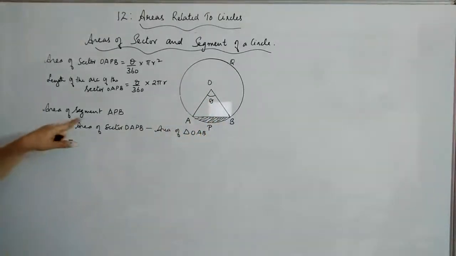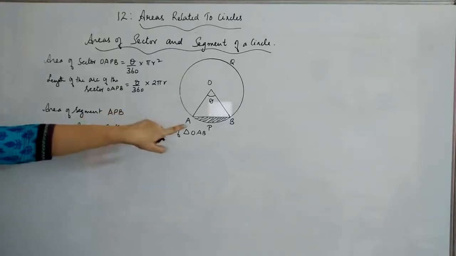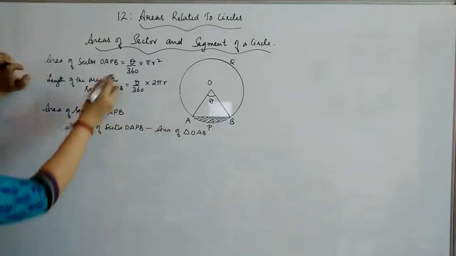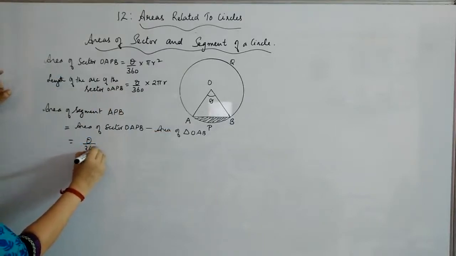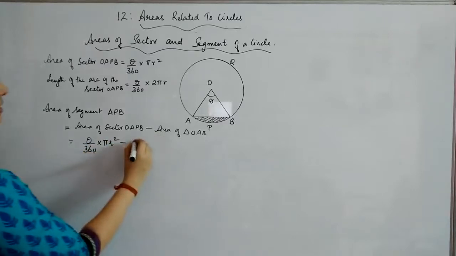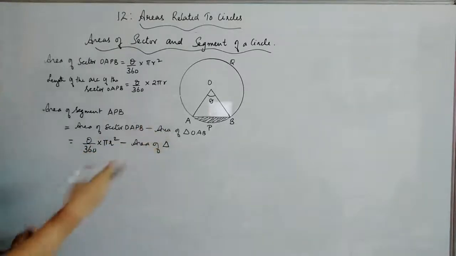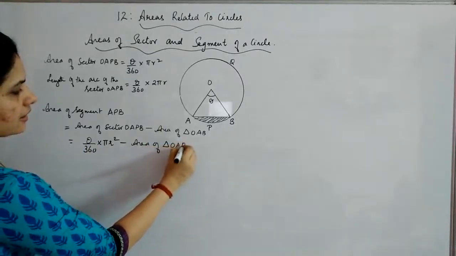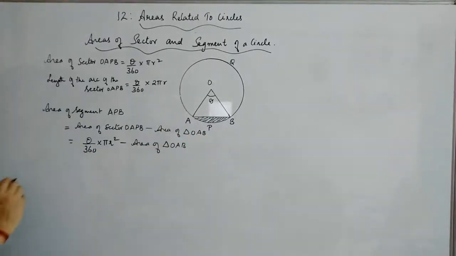That means in order to find the area of the segment, which is a minor segment, you have to take the area of the sector first, that is theta by 360 into pi r square, and subtract the area of the triangle from that. And for the area of the triangle, depending on which type of triangle it is, you can use the formula of that triangle's area. So this will give you the area of the segment. Area of sector is over, area of segment is over. Now when we say sector and segment, this is your minor sector and minor segment.